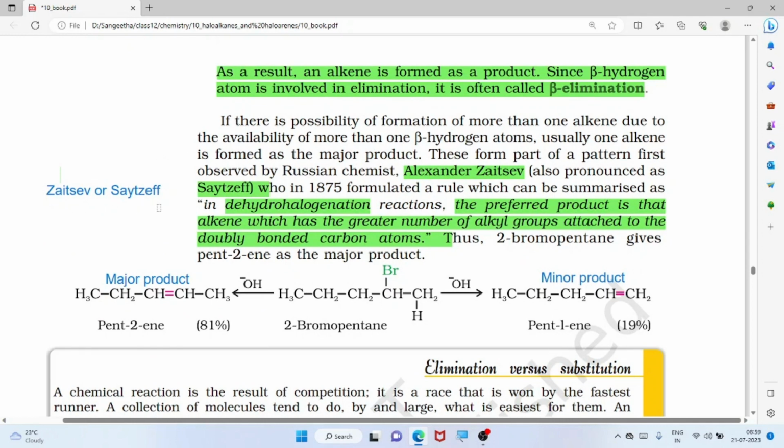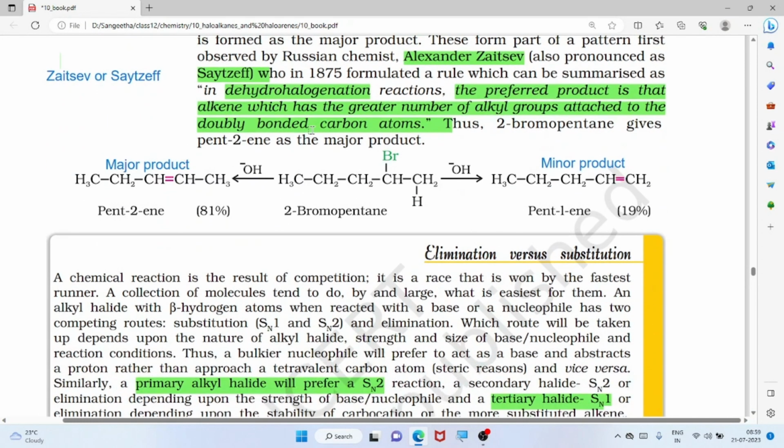These are the sites of reaction. Okay, what is this reaction? Dehydrohalogenation reaction. It is called dehydrohalogenation. The preferred product is the alkene which has the greater number of alkyl groups attached to the doubly bonded carbon atoms. Okay, so